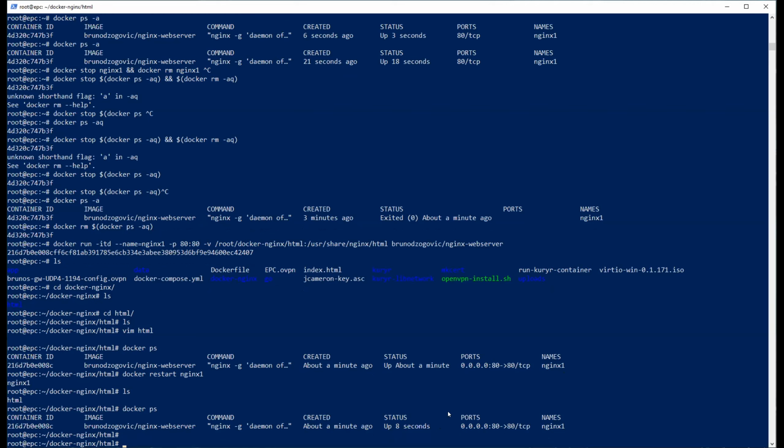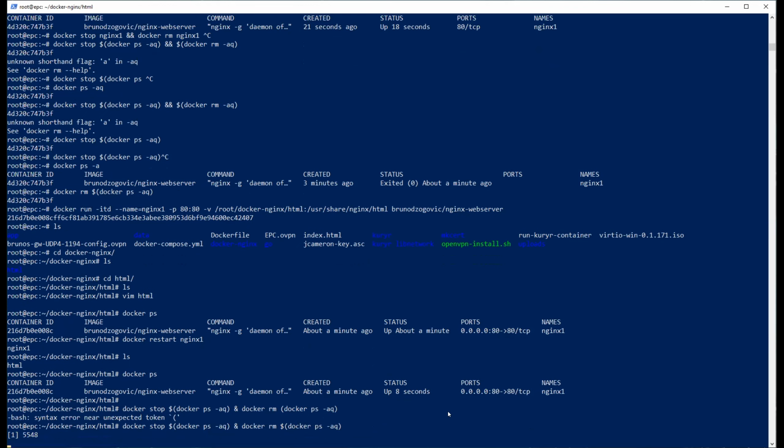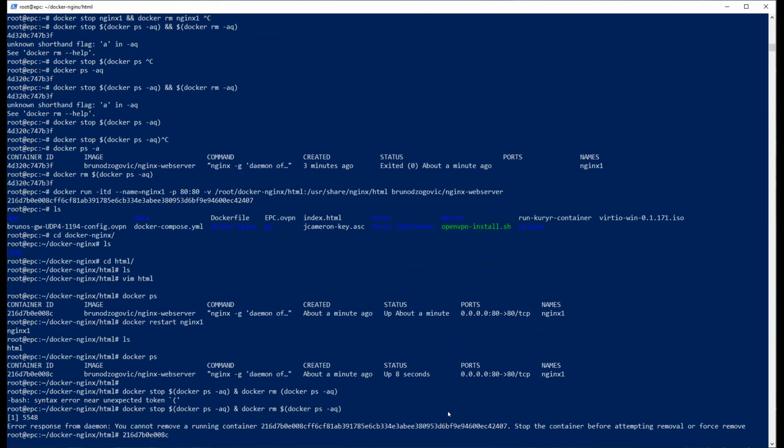So we're going to stop this, docker stop. Let's put the command from before to stop all, docker ps -aq, and docker remove docker ps -aq. Whoa.